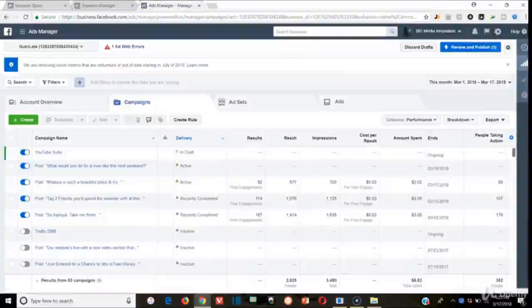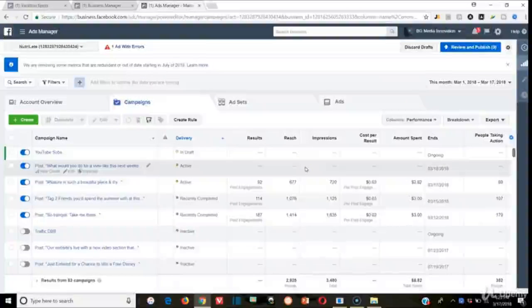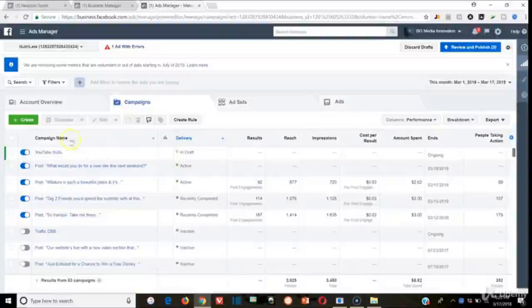So you go to Business Manager, and then you want to go to the Ads Manager in this top little 3 bars right here. And you won't have any of this because you probably haven't created any ad sets yet. But that's basically what you're going to be looking out for. So you're going to want to basically go to Create,